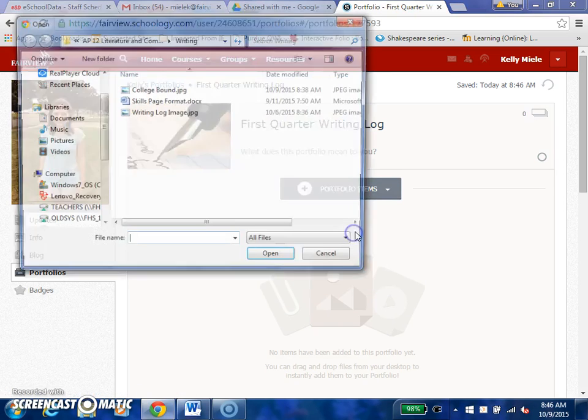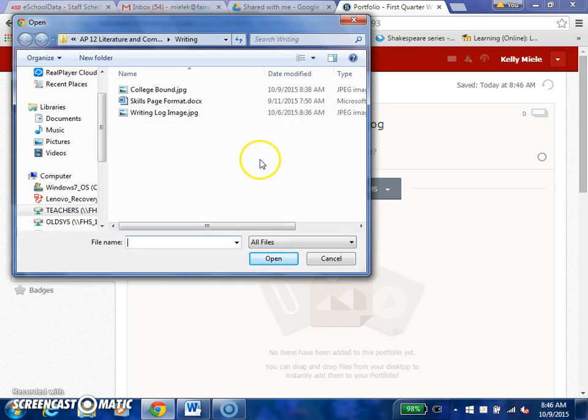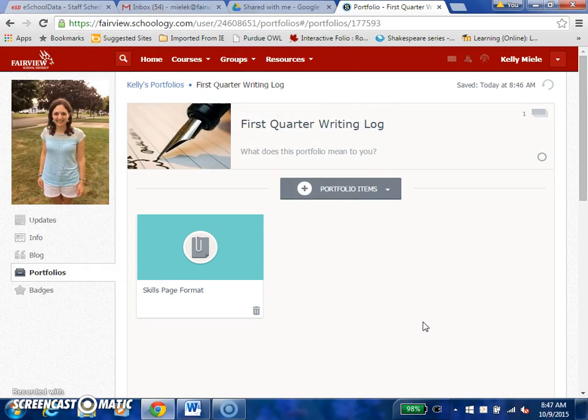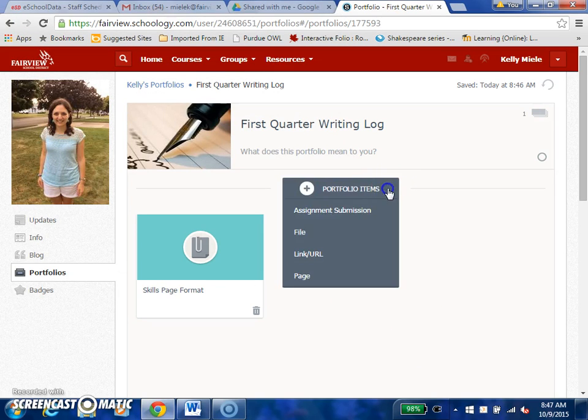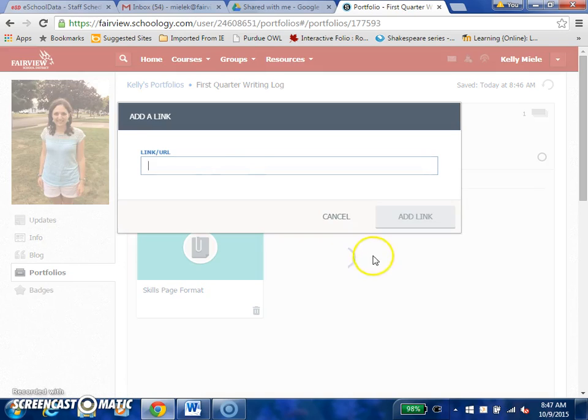If you have a file saved as, like, a Microsoft Word document, for instance, go into your computer, go ahead and find the document that you want. Just click on it, go ahead and open it up, and it will load. If you want to load from Google Docs, which is going to be the majority of what you're doing, you'll see that it needs you to put a link in.